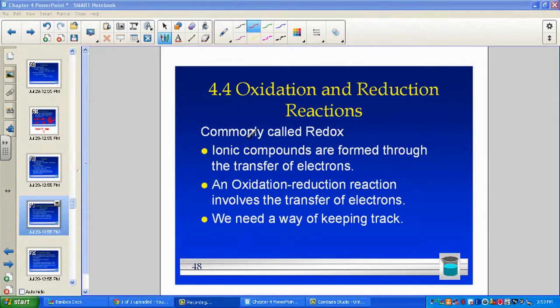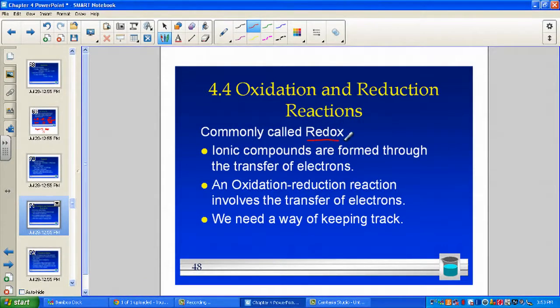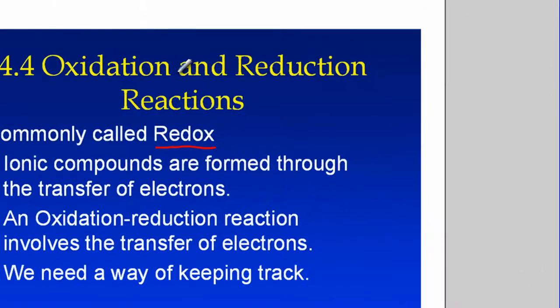Part of our chapter deals with reactions that are known as oxidation and reduction reactions. This is probably a brand new topic to most students listening to this lesson. Redox reactions, that's the short word for putting together oxidation and reduction. They're commonly called redox. This is a very common type of chemical change where it's an umbrella of many other